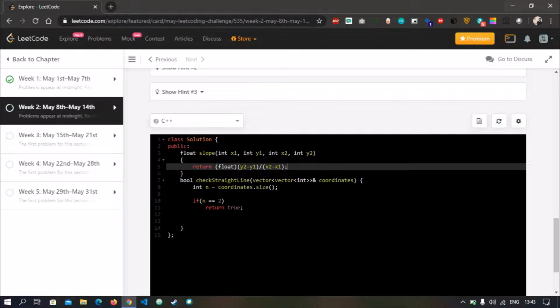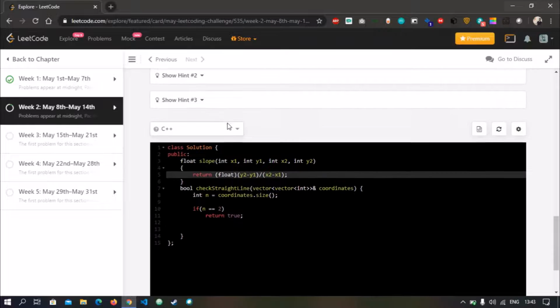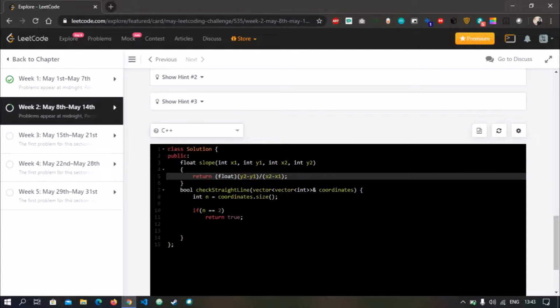Remember the order of parameters, that is x1, y1, x2 and y2. When we call slope, we have to pass them accordingly.